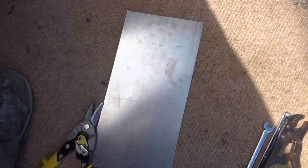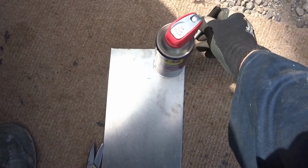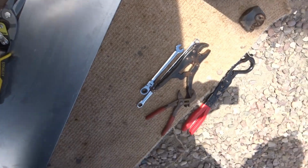Right, what I've got is this piece of stainless steel which I've had buried in my shed forever. I'm going to draw around this here and make 4 discs to hold this thing in place. It's a bit big that, isn't it? Maybe I've got a smaller can, but you get the idea. I'm going to cut 4 of them out and drill a hole in the middle and use them to hold this in place rather than those flimsy little things Jaguar use. Okay, I'll get back to you when these are made. I'm just going to cut them out with my snips and